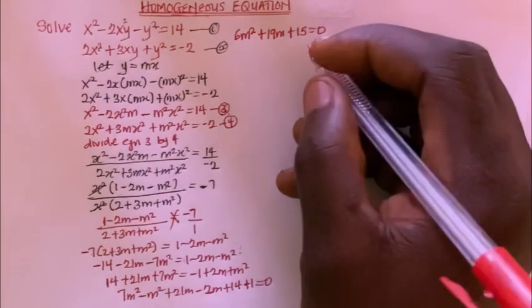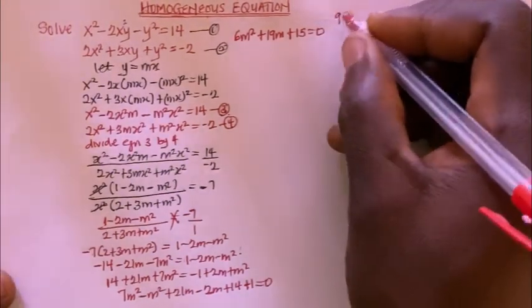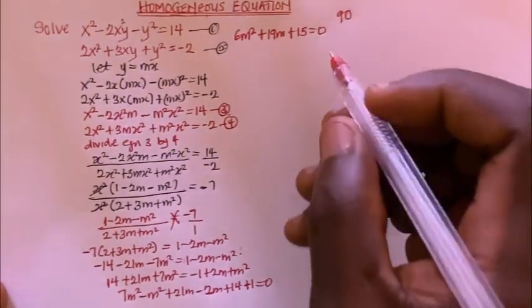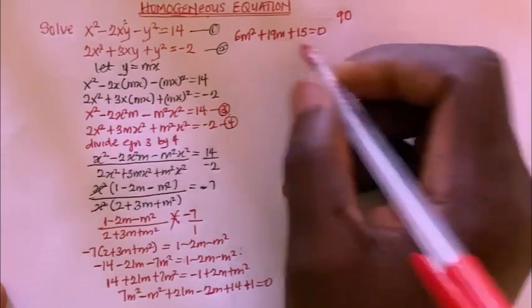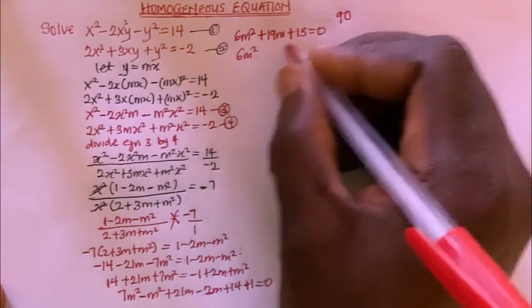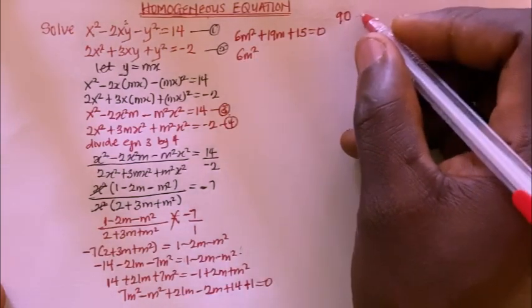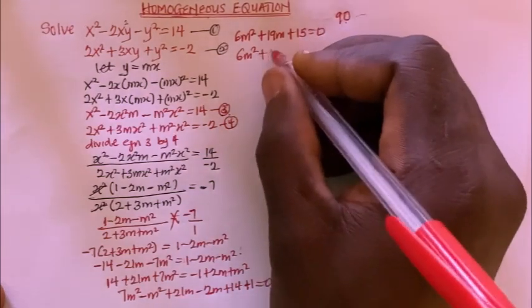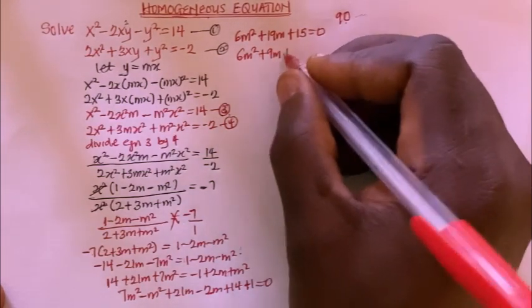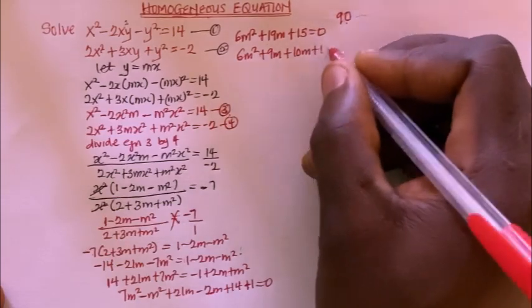Now let's go ahead. I'm going to find two expressions that I can add and subtract that give me exactly 19. So here I'm going to have 6m squared. Then I'm going to use 9 and 10, because 9 multiplied by 10 gives me this, and 9 plus 10 is 19. Then I'm going to have plus 9m, then plus 10m plus 15 is equal to